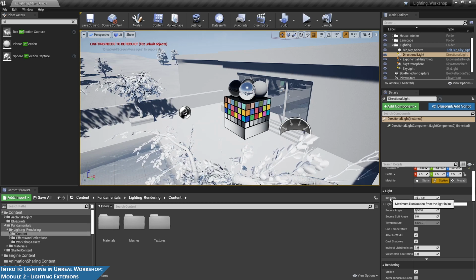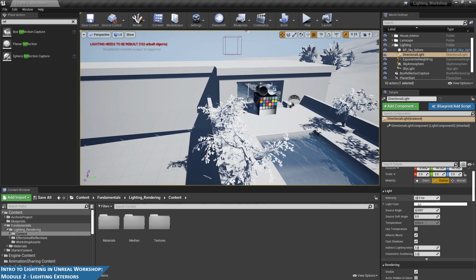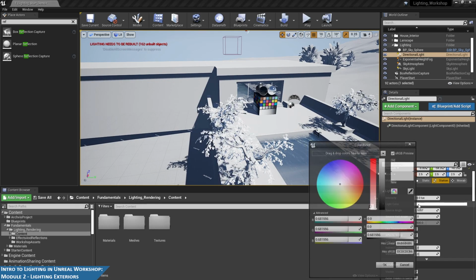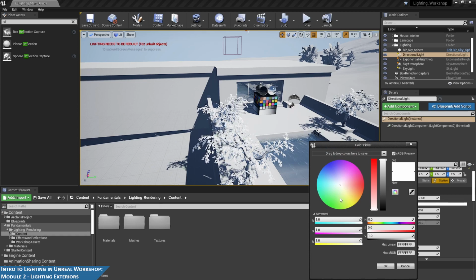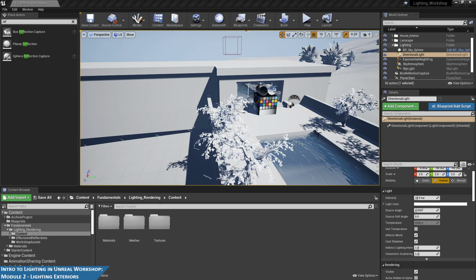We're going to keep the intensity at 10 lux. And if you want, you can change the light color. Now, I typically don't use light color. You'll see, I can go ahead and set the light color to something crazy like green, right? I don't use that because it typically is open to more errors. So what you want to do is look up